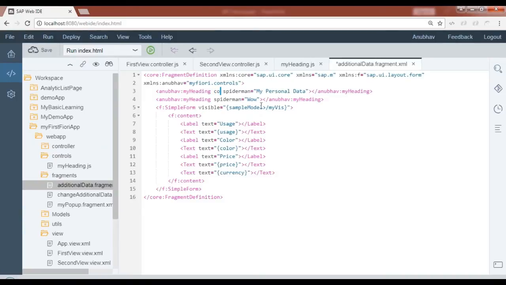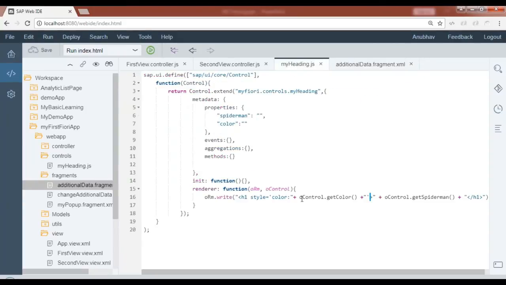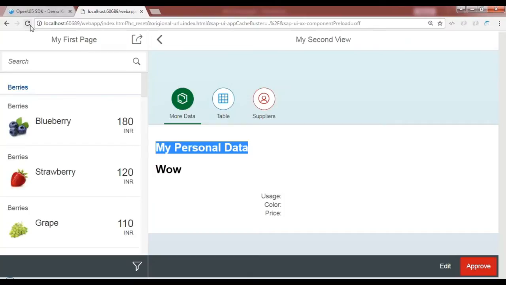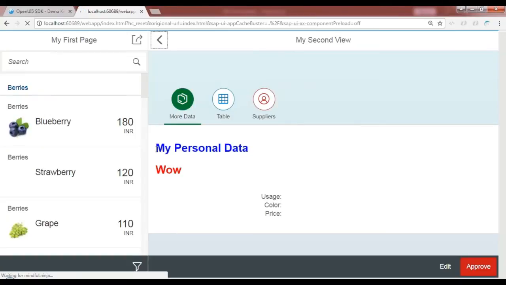So I'll just now pass color for this as blue and color for wow as red. Okay, so guess what will happen? As a result, the HTML which gets built, which gets created, will now have the color inside as a style, and you would see my text in different colors now. So refresh and voila, you see the text has been converted to different colors, and that's all authenticated because you